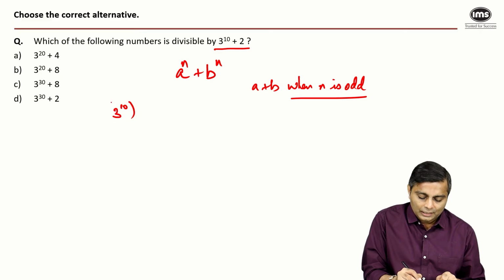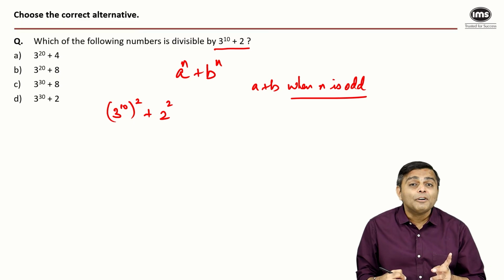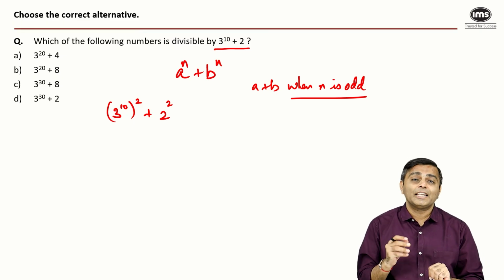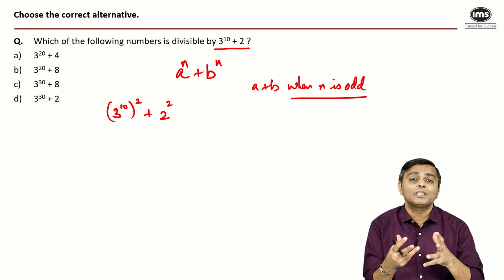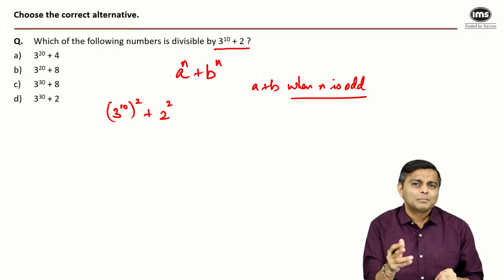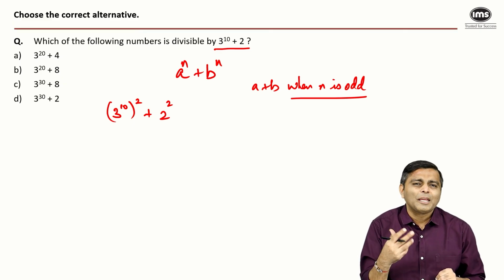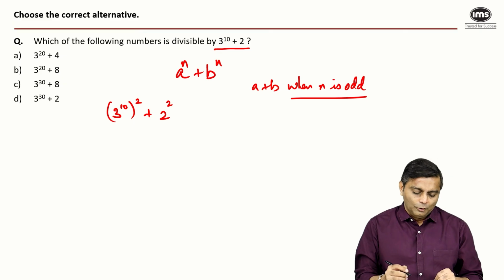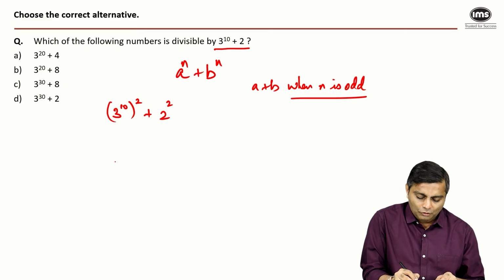3 raised to 10 square and 2 square. n is even here. It is not divisible. a raised to n plus b raised to n, so it's like saying a square plus b square. a square plus b square is not divisible by a plus b. It's not even divisible by a minus b. But anyway, if you look at the third option now, because I want something odd, I can write this third